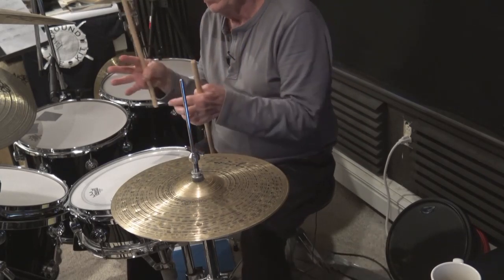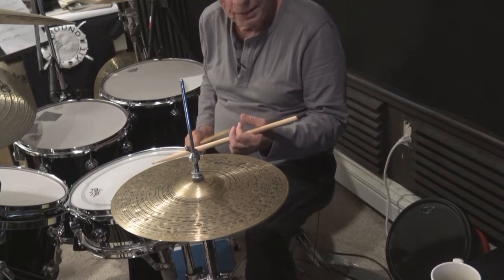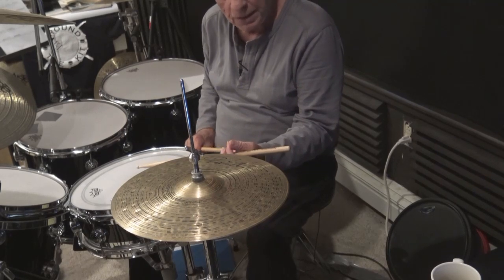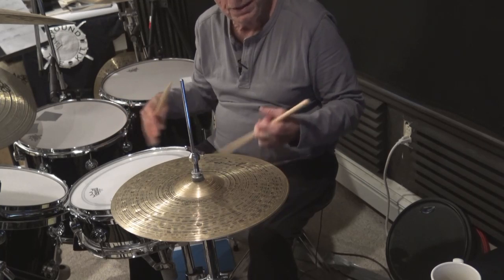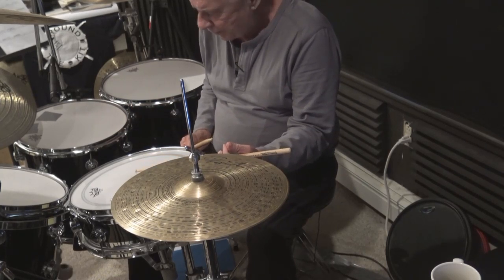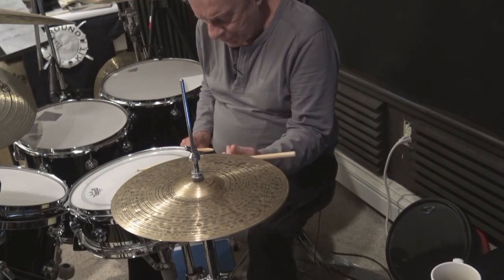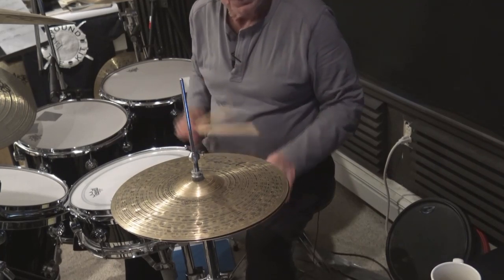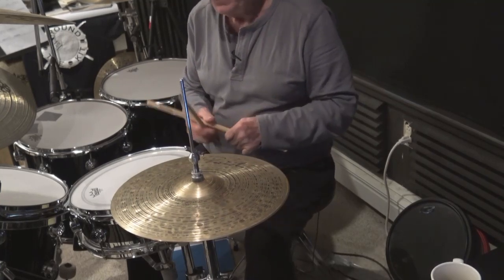So if I have the first sequence, right, left, here's the right: 1 and, left, 2 and, right, 3 and, 4 and. So the first line would be like this: 1, 2 and 3, 4. 1, 2, 3, 4. Do we understand that? There's no file, I believe, on this. I'm just giving you some